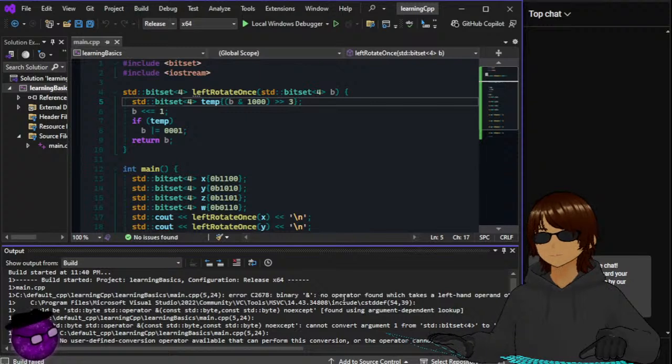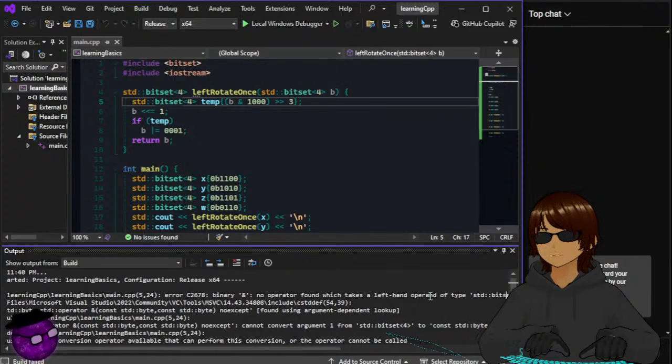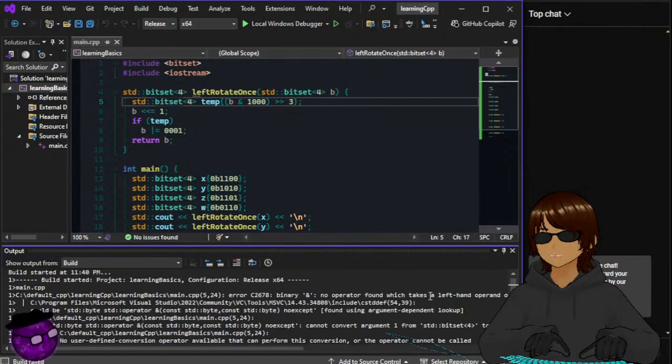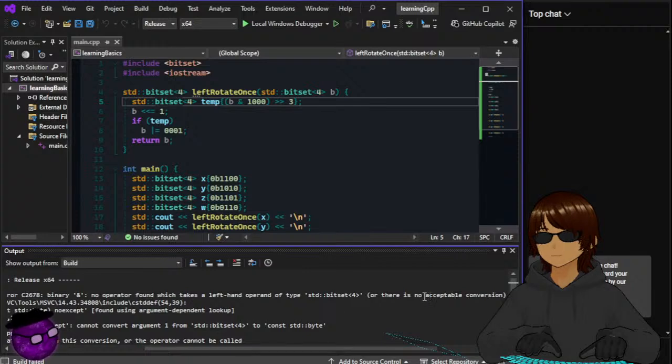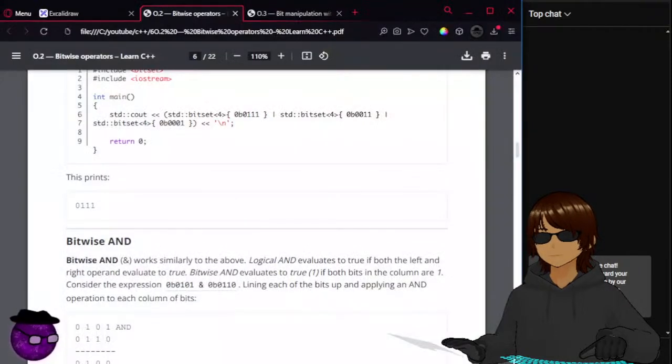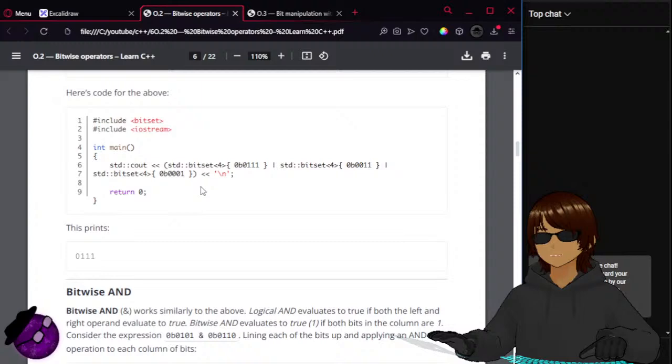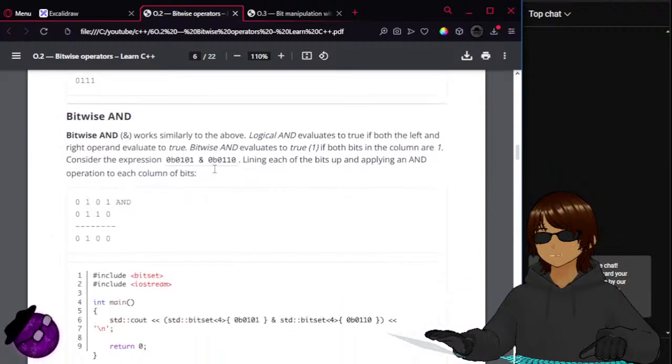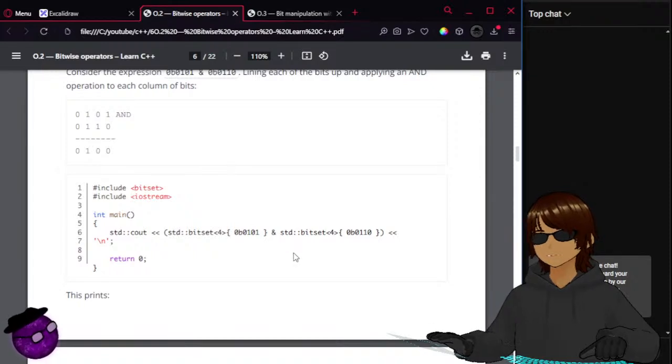No operator found which takes left-hand operand of type std bitset 4, or there is no type conversion. I don't understand. Does AND not work with